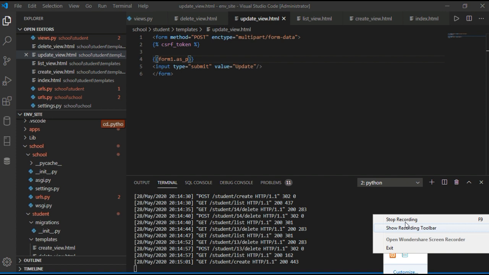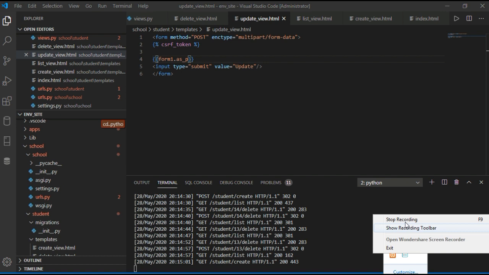So I have created a templates directory inside student, and the name should be TEMPLATES. Inside that we have the HTML files: this is create.html, this is delete.html, this is index.html, this is list view.html, this is update view.html. So these are the views.